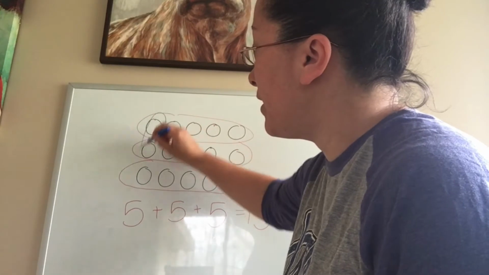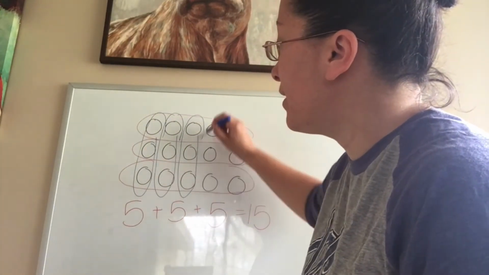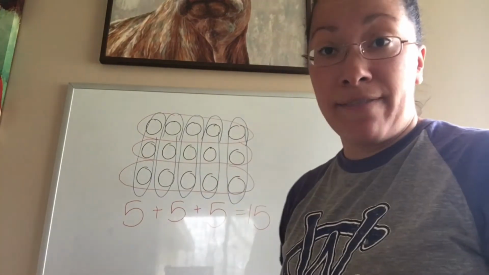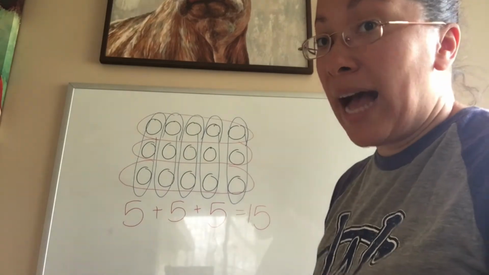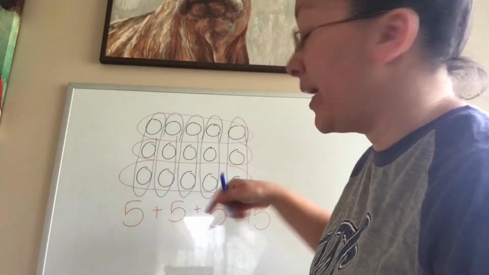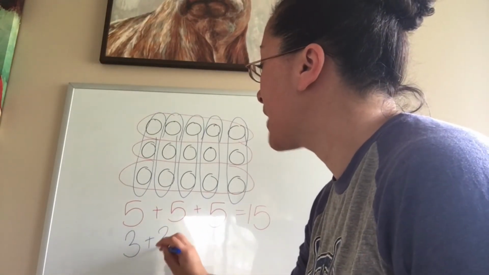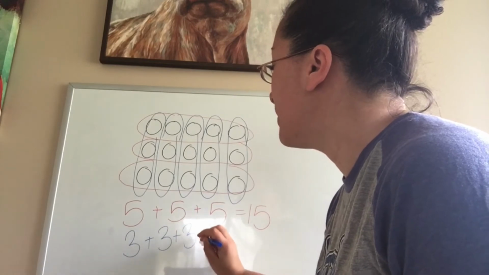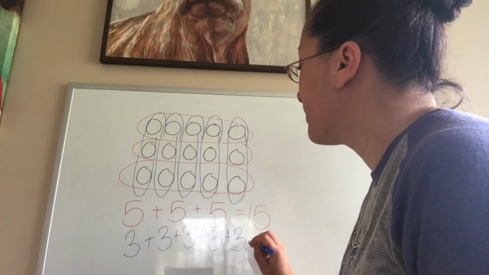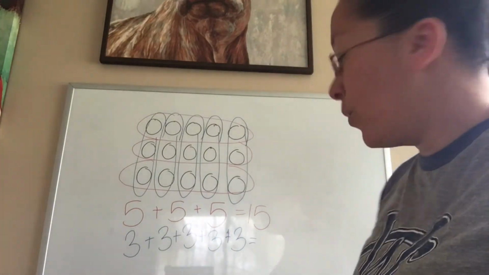So I have 1, 2, 3, 4, 5 columns. And in each of my columns, I have 1, 2, 3 circles. So I got 3, 3, 3, 3, 3. I'm going to write that down. I have 3 in this column, 3 in this column, 3 in this column, 3 in this column, and 3 in this column. Which, once again, because we didn't change any circles or move any around, we should have